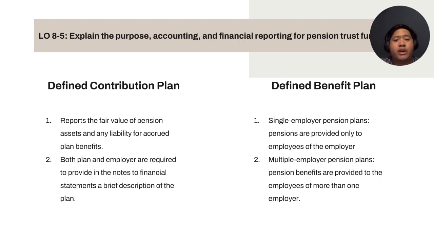Since we are mainly going to look at the defined benefit plan, I'll just quickly go over the contribution plan. The defined contribution plan specifies the amount or rate of contribution that employer and employee must contribute to the members' accounts in the pension plan, and is a very simple and straightforward plan, with fewer complications. Now, the defined benefit plan provides a specified amount of benefits to a retiree based on a formula that may include factors such as age, salary, and years of employment.